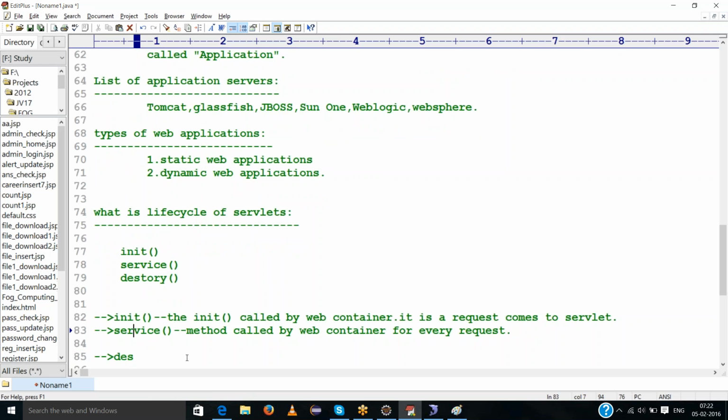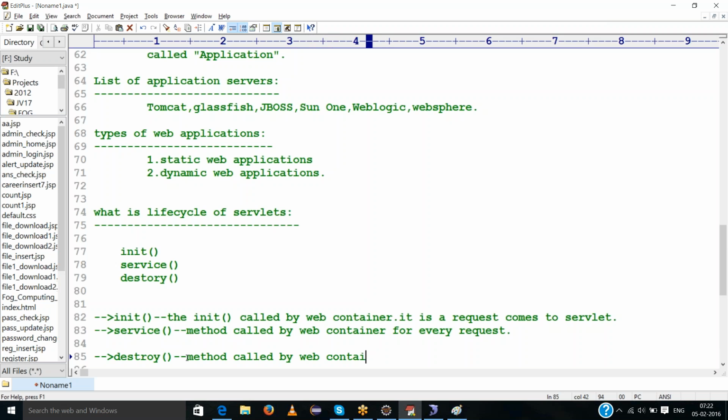And then after that, the destroy method is called by the web container.